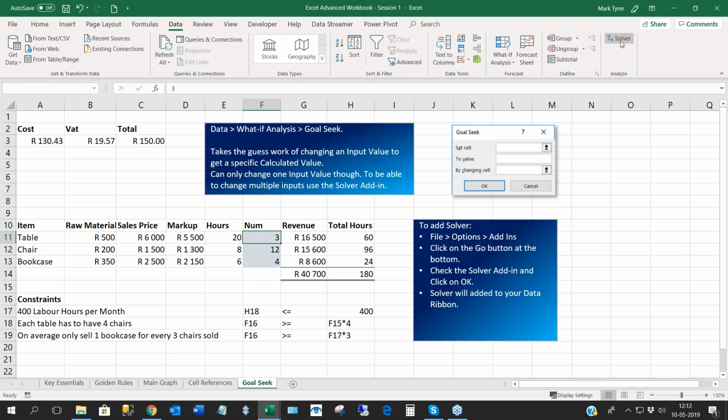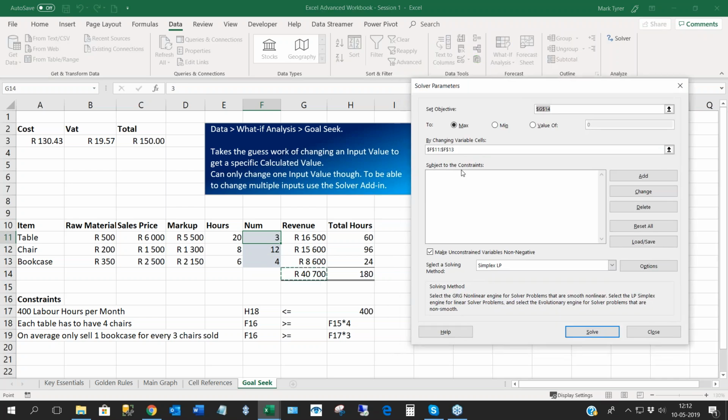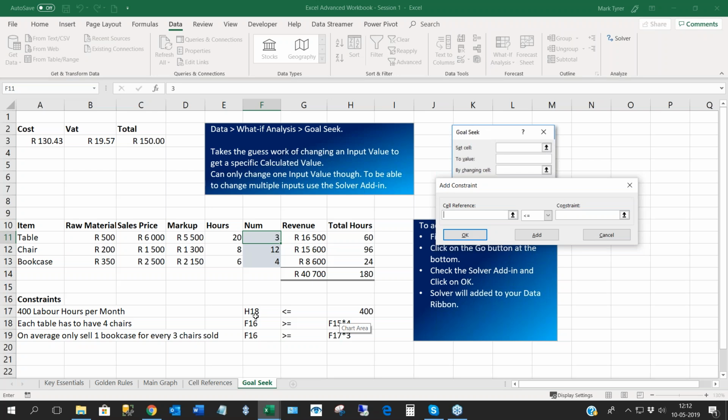That's a key thing to be reminded of as well. So going back to Solver, it should keep it. There we go. Yeah, it does actually keep the setting that you've got, even if you close it. And so the values there still being changed is F11 to F13. And here we can start adding a whole lot of constraints. Okay, so first constraint I'm going to add is that, and I've listed them here. It's often good to do this so that you can get the syntax right here. So H18, okay, which